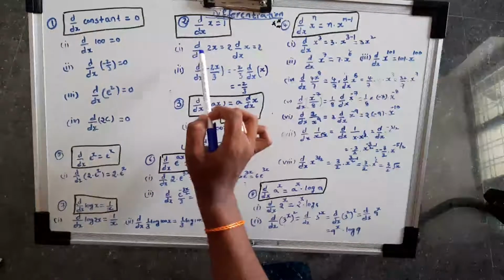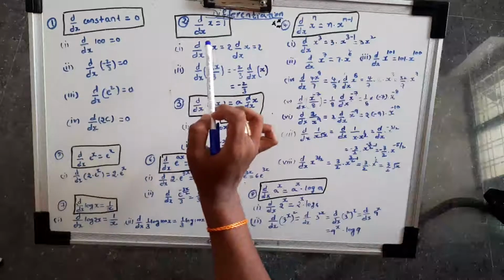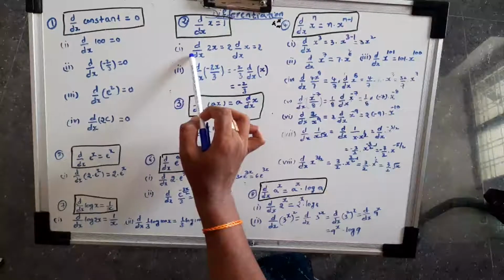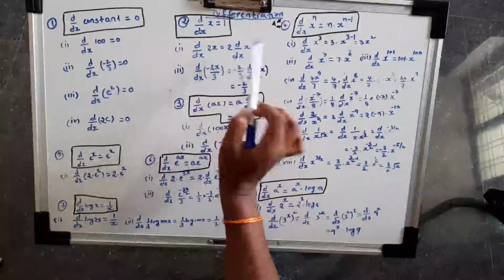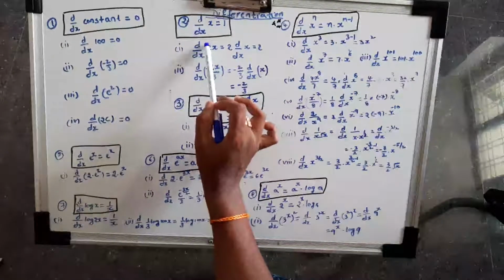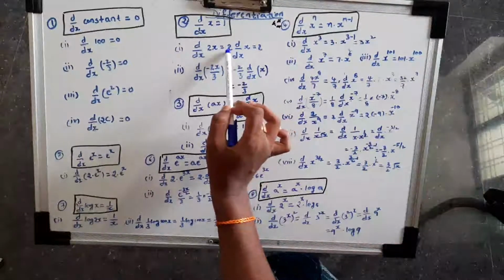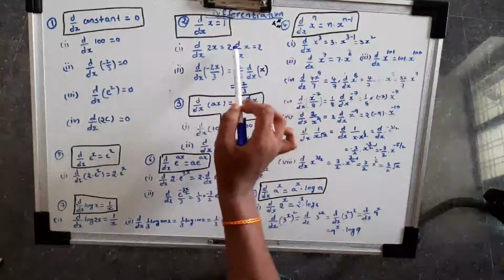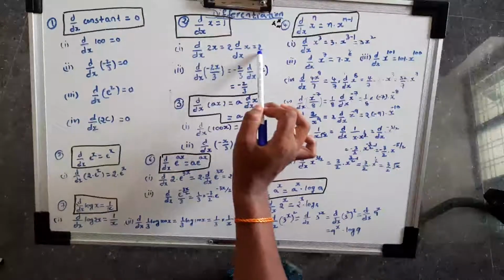You have to remember one thing: whenever you are doing derivation or differentiation, if any constant values are there, you should write that constant value outside the differentiation, or it may be integration. The constant should not be present inside when we do the differentiation. So here, the term has a constant, so first we write the constant outside. Then the remaining variable terms we write in the derivation, d by dx of x. We know d by dx of x is nothing but 1, so we got the answer 2.